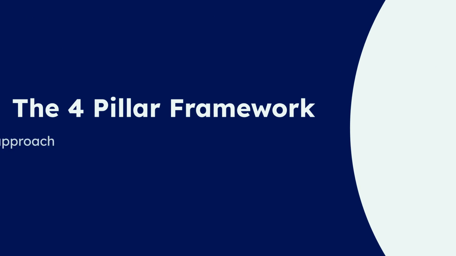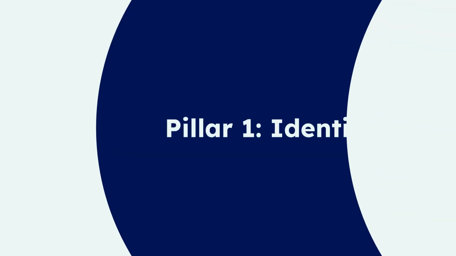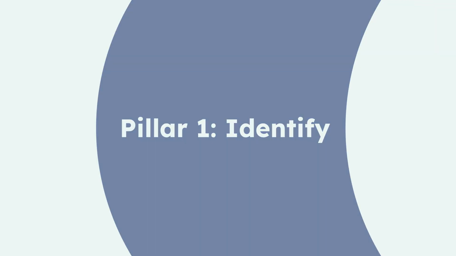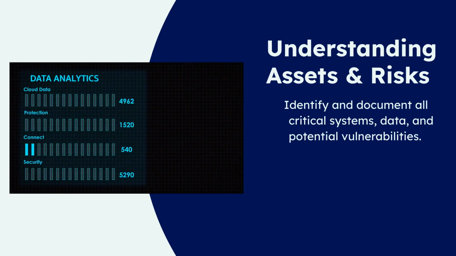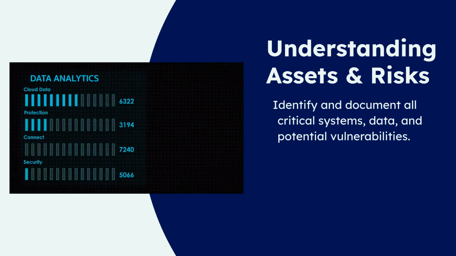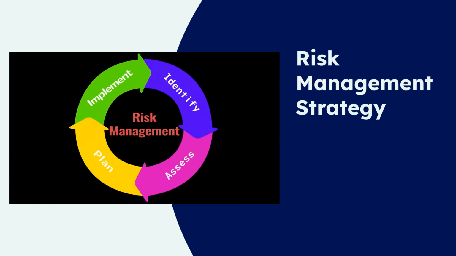The 4 pillars, identify, protect, detect, and respond and recover, provide a comprehensive structure for managing and reducing cybersecurity risks across your organization. The first and foundational pillar is identify. You can't protect what you don't know you have. This phase is all about gaining a clear understanding of your organizational assets, the data they process, and the potential cybersecurity risks they face. An output of the identify pillar is establishing a clear risk management strategy based on the